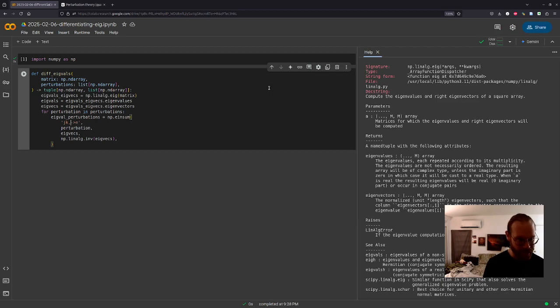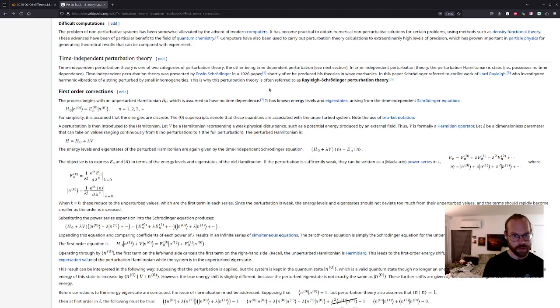So that'll be the second quantity. And then the first index of the eigenvector array is going to be the thing that's hitting the perturbation from the right, because the normal eigenvector here is sitting on the right side of the perturbation, and so it's not inverted.